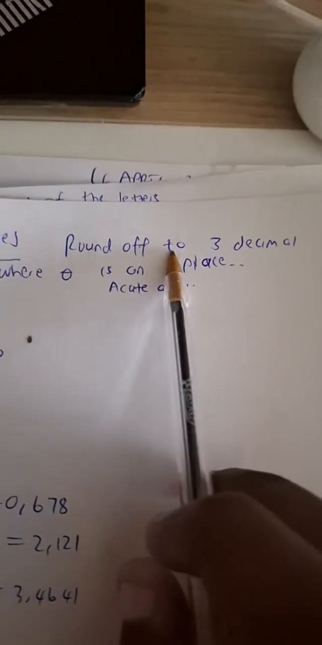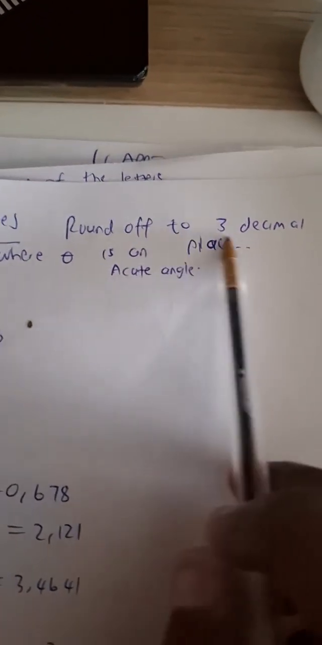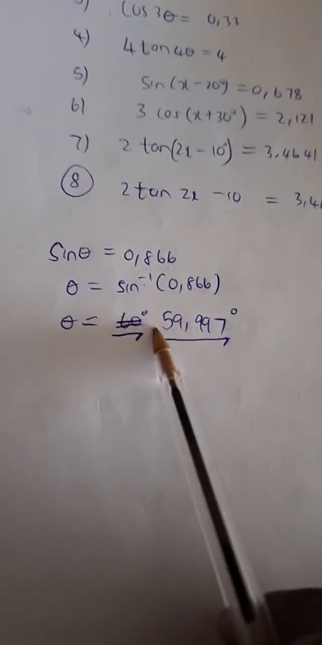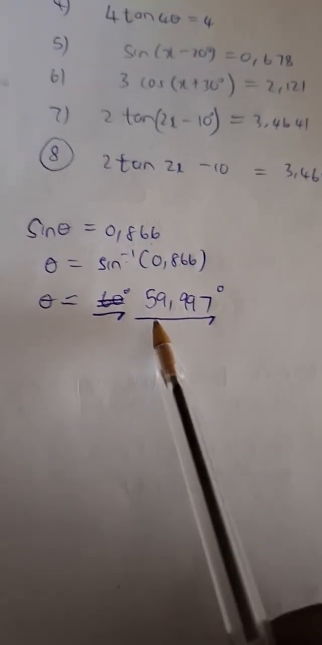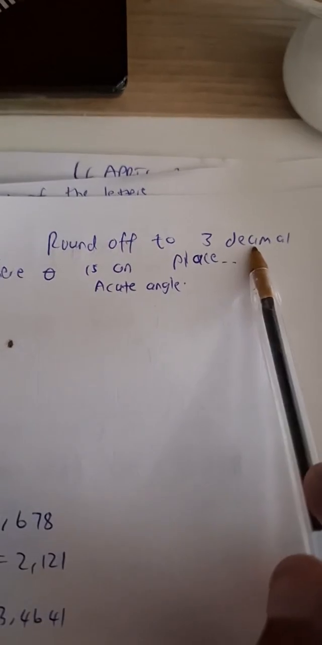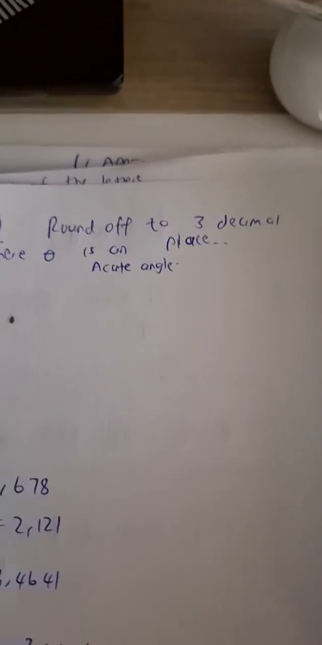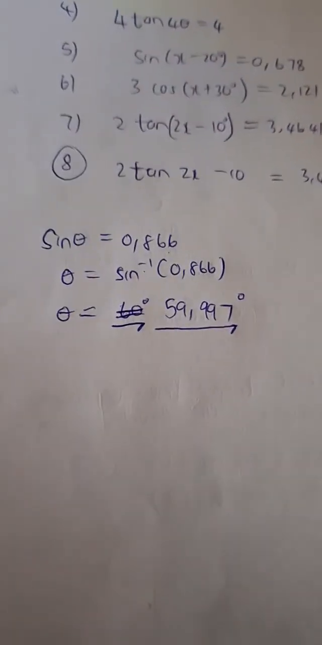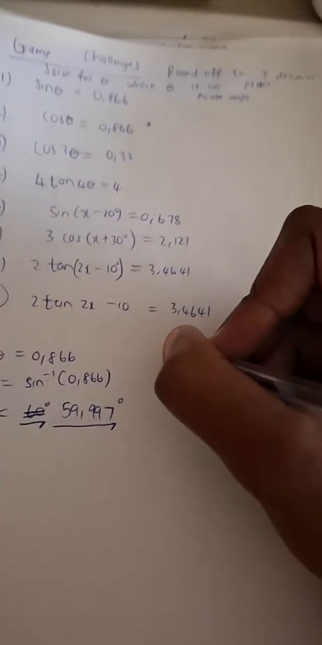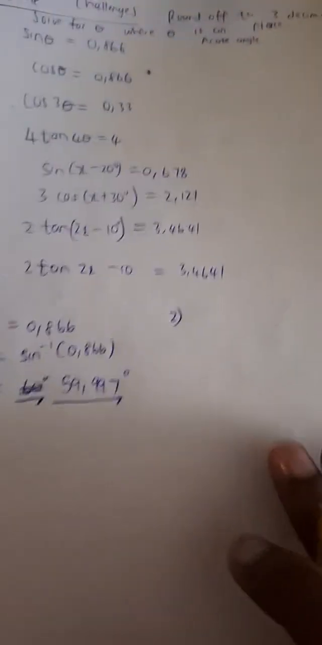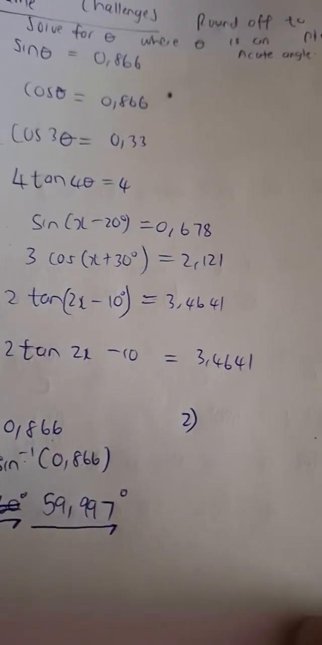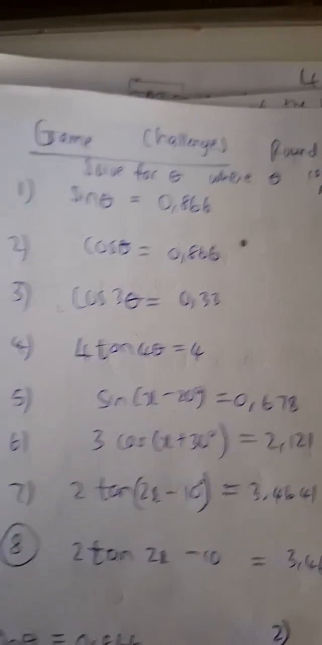Remember, there was a specific instruction from the question that we need to round off to 3 decimal places. So to say it is 60 degrees means we did not follow the instruction. So always take into account, guys, the rounding off that has been specified, so that we don't go wrong. The next question says cos theta is equal to